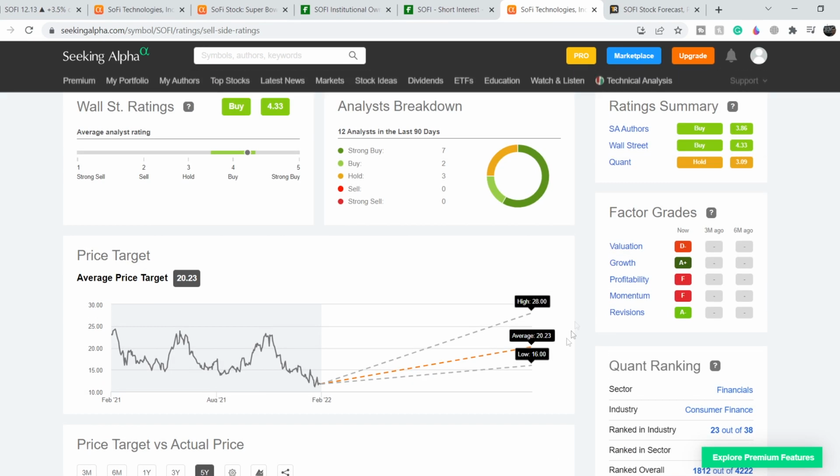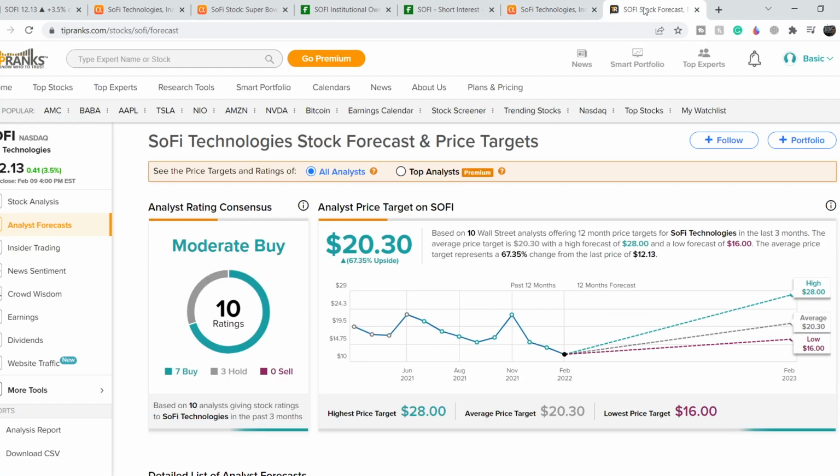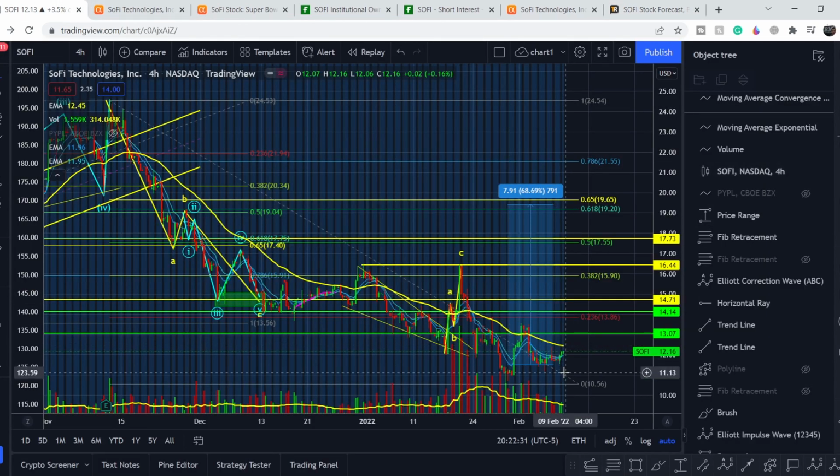And the price targets are $16 at the lower end, the average price target is $20.23, and the highest price target is $28. And TipRanks has almost the same price ranges, 16 at the lower end, 28 at the higher end, but it has only 10 ratings, and definitely we have room to grow even to the lowest price point according to these estimations. So I think for now SOFI is extremely undervalued, because in about several weeks we will see